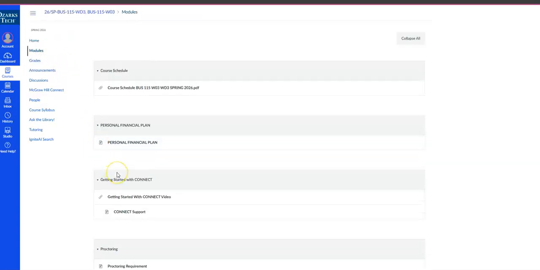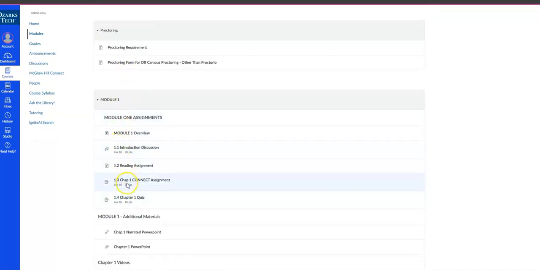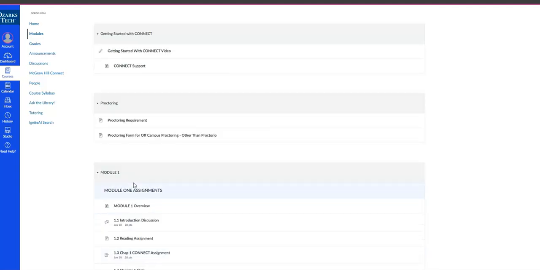To access the Connect assignments and the quizzes that you see here in each of these assignments, just click on the link. If this is your first time to use Connect, you might be prompted to set up your account. Please use your Ozarks Tech email address to set up your account, because that will then allow you to access Connect for any of the courses you take that have Connect assignments.